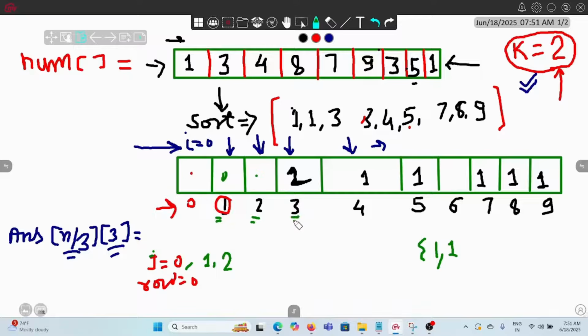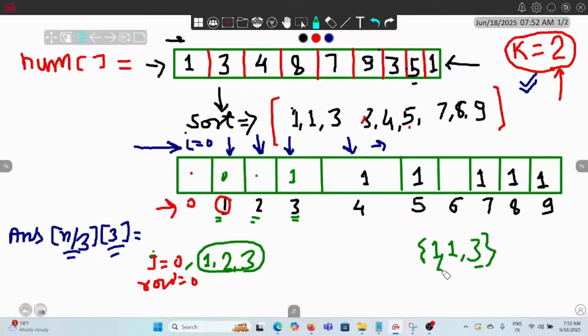Now we come here, so 3, is there some frequency? Yeah, the frequency is 2, that means we can take one 3 here, right? And we will decrease this frequency by 1, so let me make it 1. Okay, now our j also would increase by 1, so j becomes 3. As soon as j becomes 3, it gives a guarantee that we have got at least one array of 3 size. Now every time we got a 3 size array, we have to check the last element